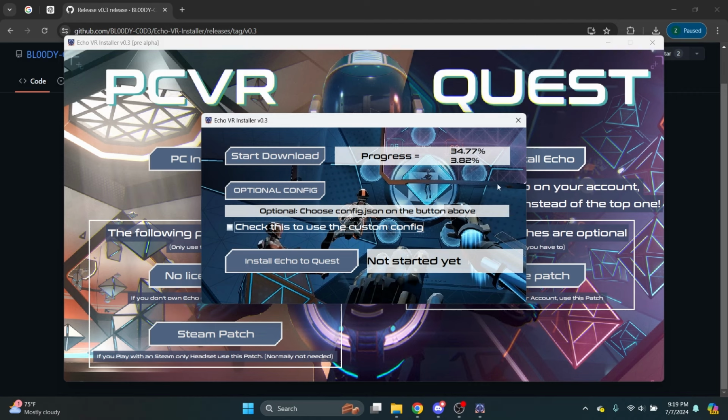The good news is we can now see the files downloading. It took about 7 or so minutes on my computer, so just sit back, hydrate, and wait for it to finish. Next, there's a button for Optional Config,